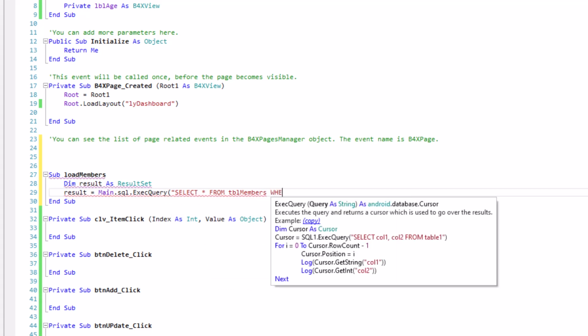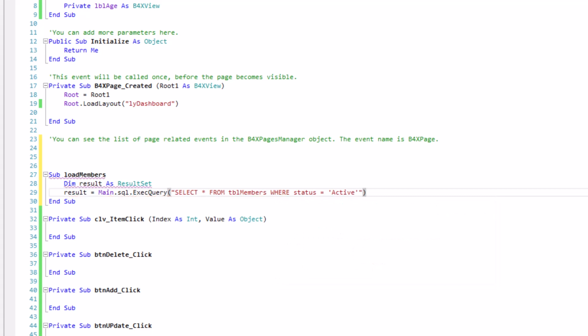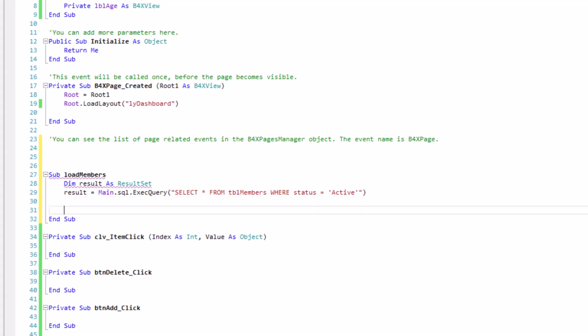Let's add where status equals active. So we want to only load all the active members.